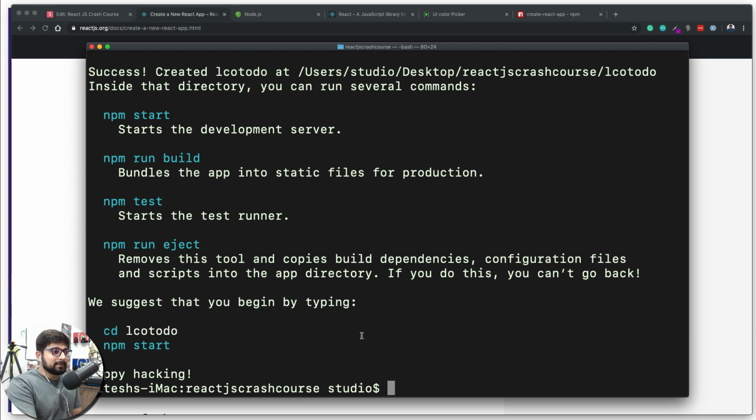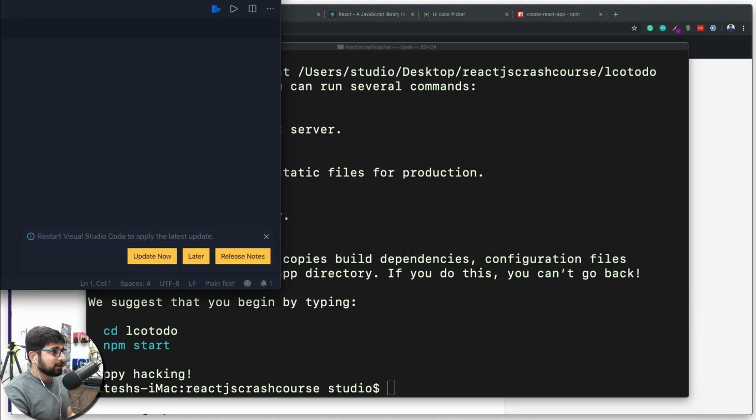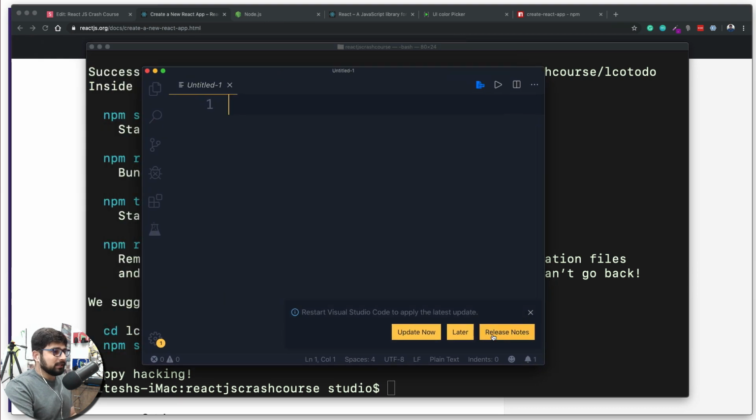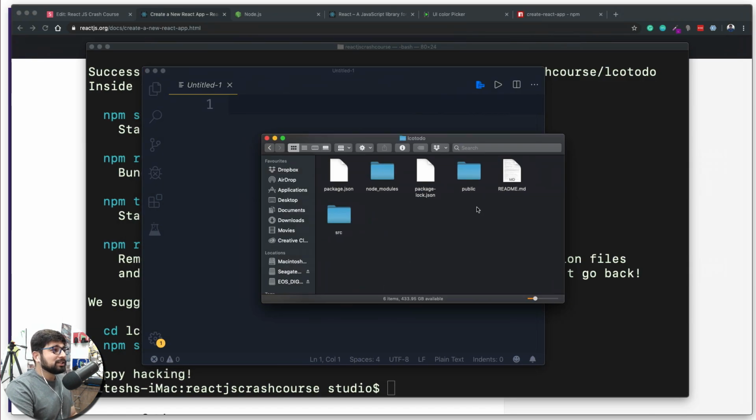Let's follow the advice being given to us, but we're not going to do it right here. Surely we can, but there is a better way of doing it. First and foremost, I recommend you fire up your code editor. There's an update available. No, I'm not going to do it right now. I'm recording a video. Okay, so we're going to just go up here and we can see tons of files